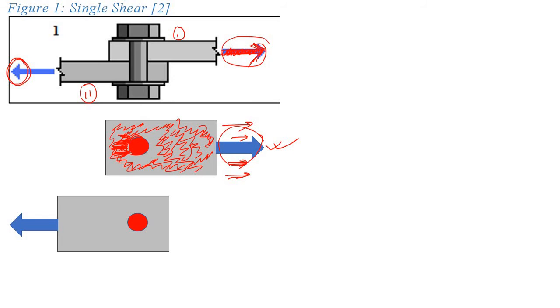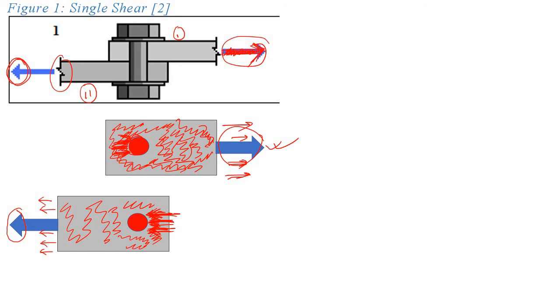Similarly for the bottom plate, here you can see this is the force, and this force is trying to pull this plate towards the left. No issues, but again the bolt is there, so the forces at the back side are simply pressing this bolt, simply saying just get away from our path. We would like to carry this plate, but the bolt is here.